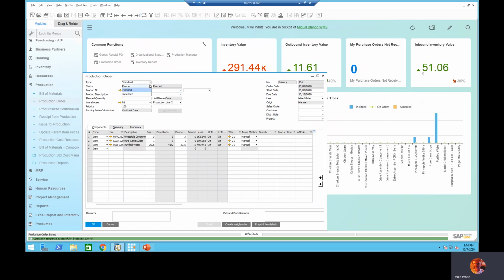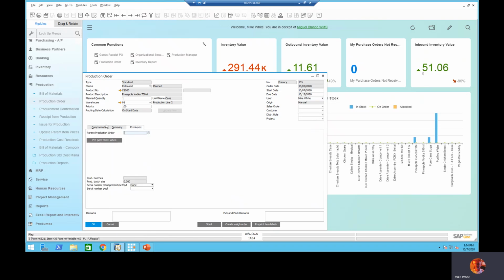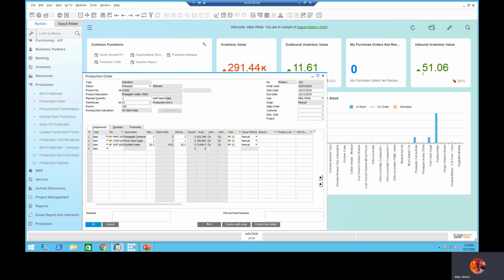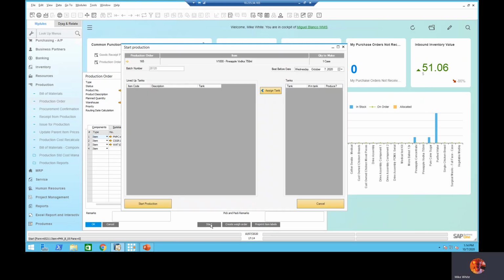Let's bring it back up, and we're going to release our production order. Now that our production order is released, what we want to do is start production. So down below, you can see Produmex adds in some additional buttons into the production environment, as well as a new tab. And so we're simply going to start the work order for production. So here we see our work order 165. Now this is a kind of very unique functionality where I could